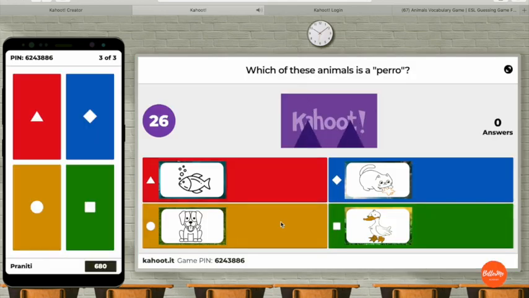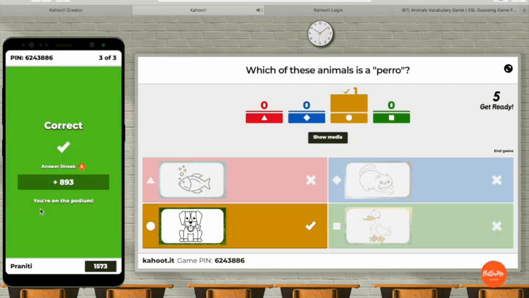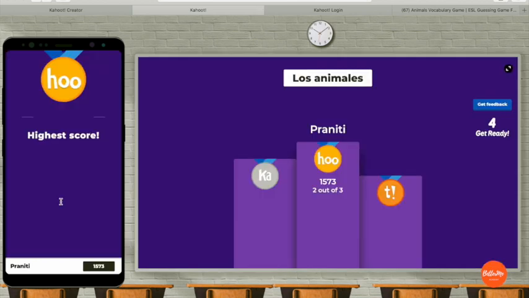Now I'm going to choose a right answer, this one. And then in the end, Kahoot is going to show the scoreboard.